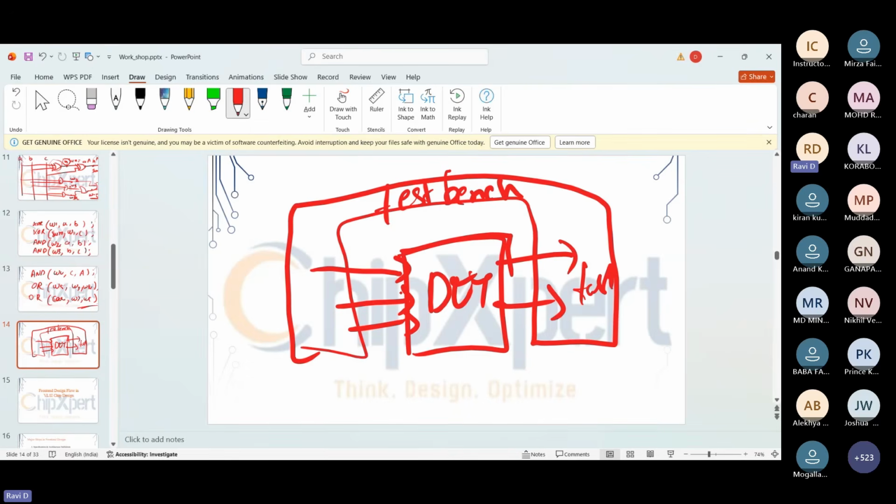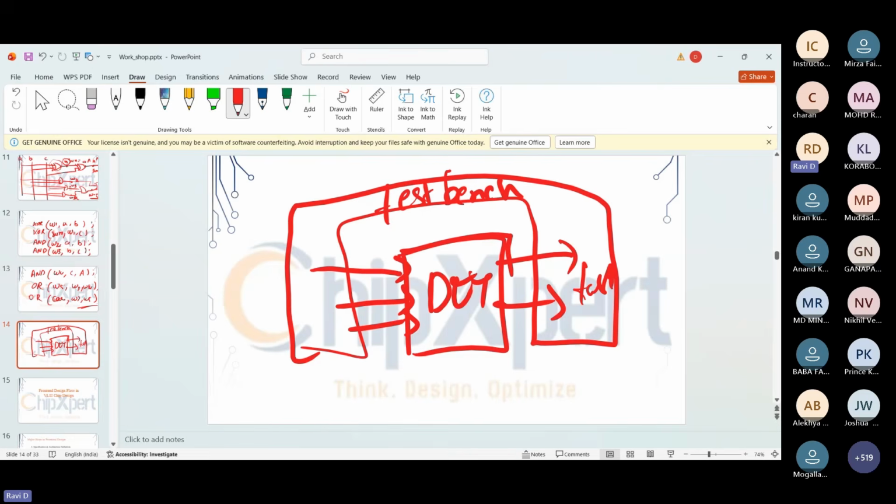Each and every person will have their own logic, and they design or verify blocks in their own way. Whatever code I had written, you can't see or understand, and whatever code you have written, I can't understand. To make it easy, we are going to follow the same structure. The logic may be different, but the writing of the code should be in the same order, so that we can easily understand each other's code. To make the code easy to understand, we follow this UVM methodology, and that is the final stage we have in verification.